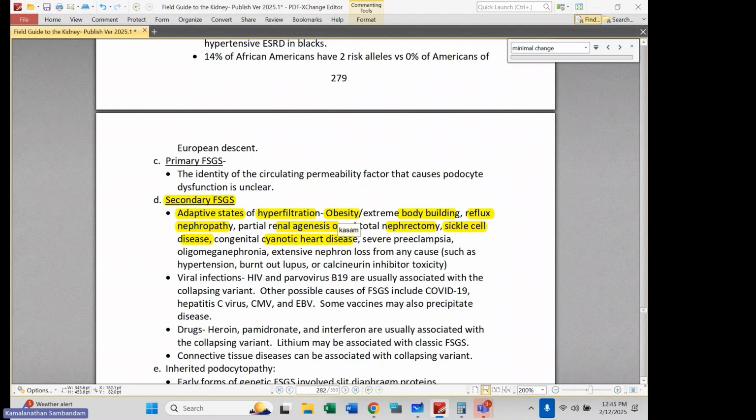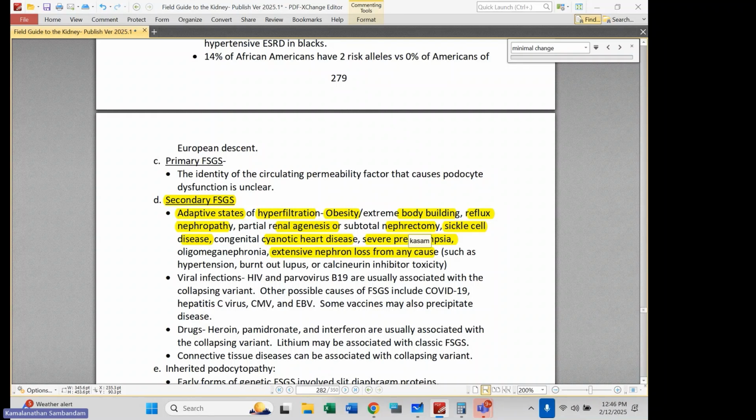Similarly, cyanotic heart disease, right? This would also be a situation in which I have ischemia in the deepest parts of the nephron, and then an adaptive hyperfiltration response to that ischemia, resulting in eventual secondary scars and proteinuria. This may be present after bouts of severe preeclampsia. This may be from any cause, even like severe ATN, years down the road, can result in these secondary scars,